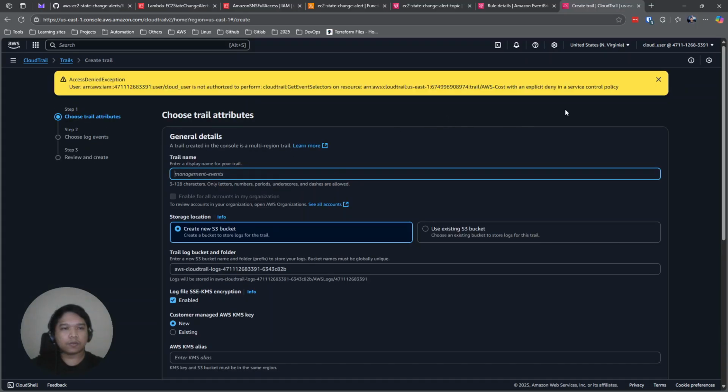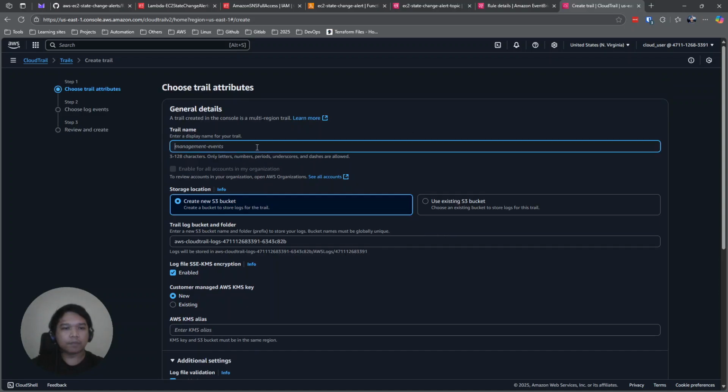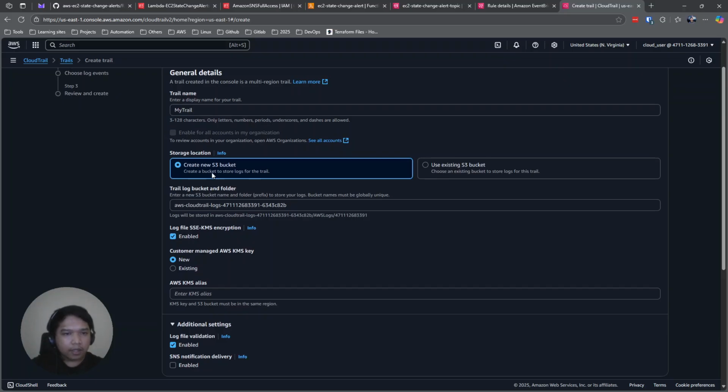We're going to name this my trail. Then for the storage location, we're just going to create a new S3 bucket, which will be used for storing the logs.